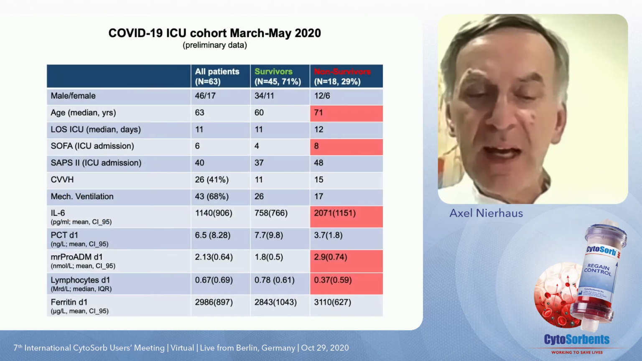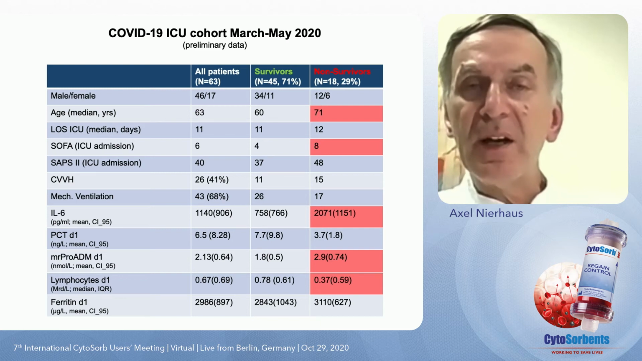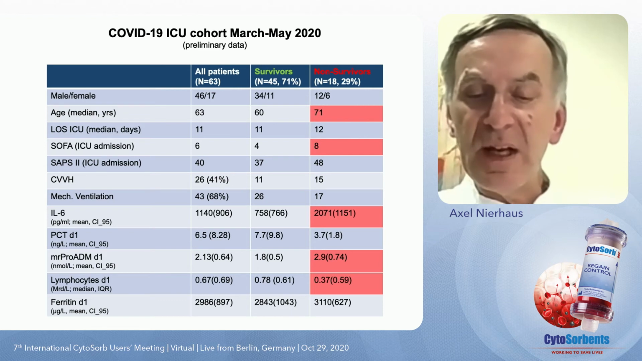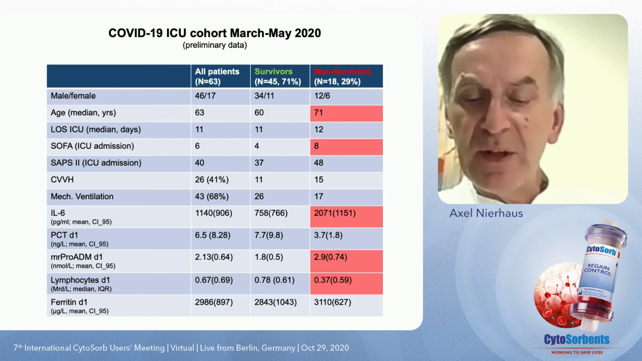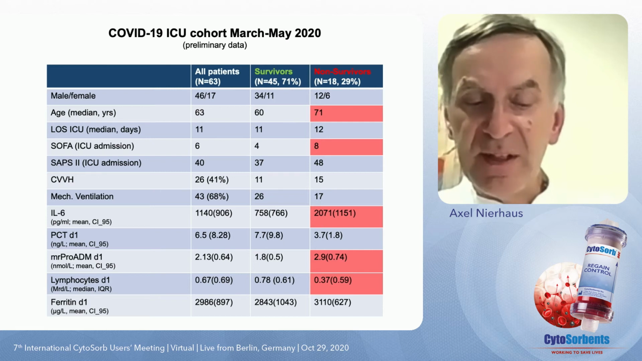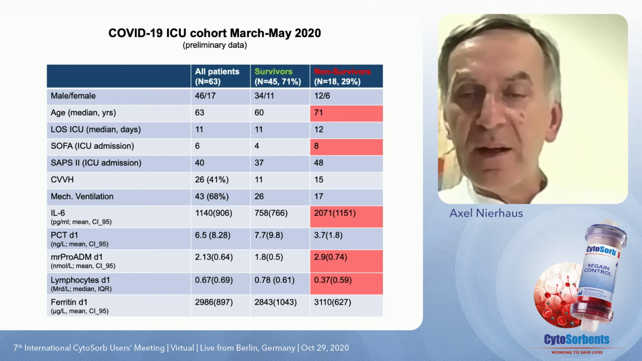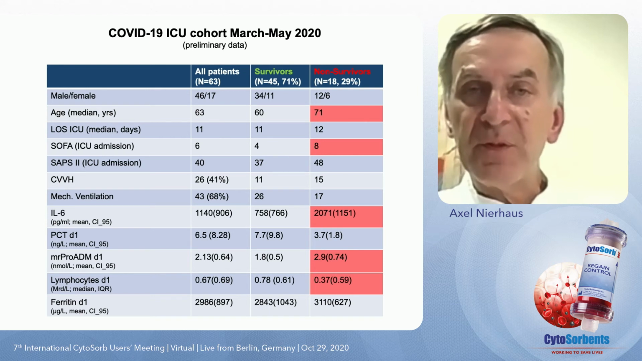Between March and May, we had 63 patients, 45 of whom survived and 18 of whom died with COVID-19 on our ICU. As you see, and as can be expected, the patients who died had much higher IL-6 levels, much higher MR-Pro-ADM, which is a marker of vascular or endothelial integrity, and also lower lymphocytes, again a marker of acquired adaptive immune suppression. Of course, these patients were older, and they were sicker as reflected by the higher